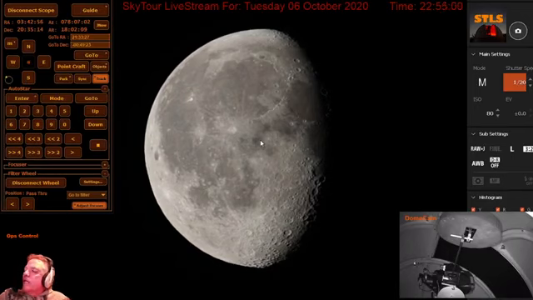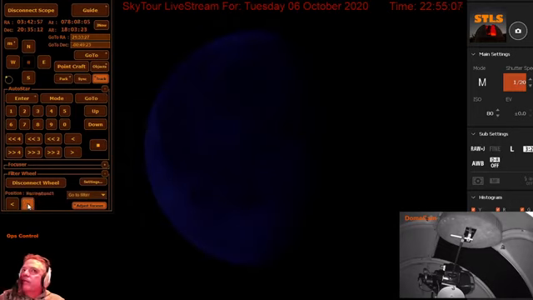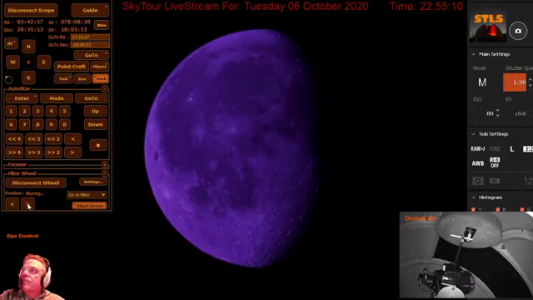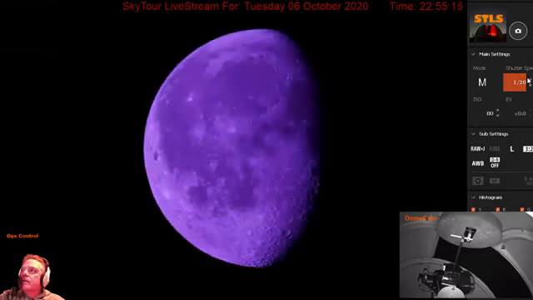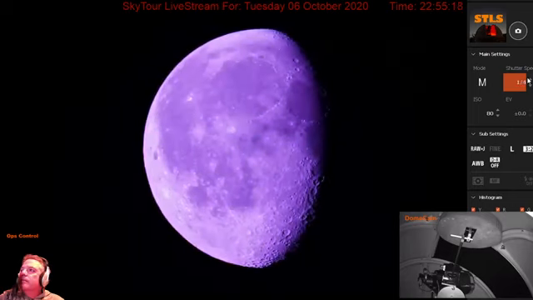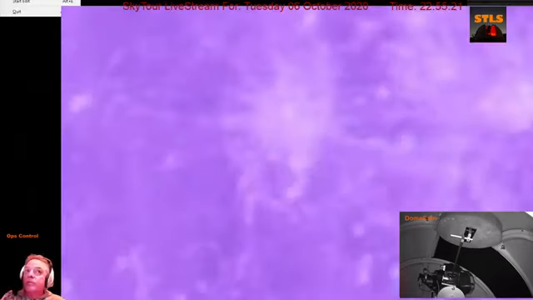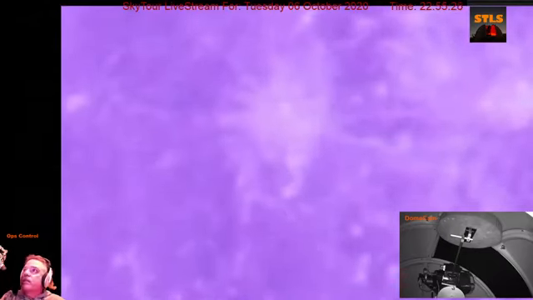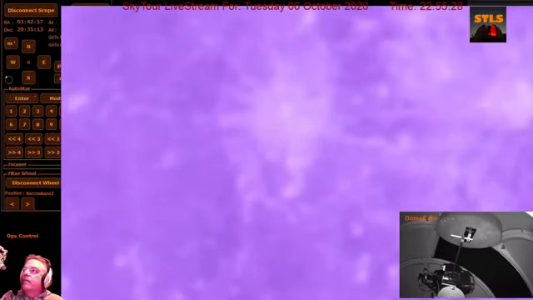This actually is not in focus. If we go to one of the filters, it'll be more in focus. Let's go. That's filter 1, and then this will be filter 2. Okay, and let's increase this exposure a little bit. Okay, and then let's go into focus mode. And look, it looks like seething lava. That's the problem called seeing. We don't really get a really good view, unfortunately.